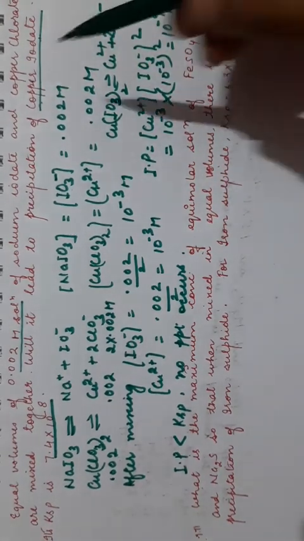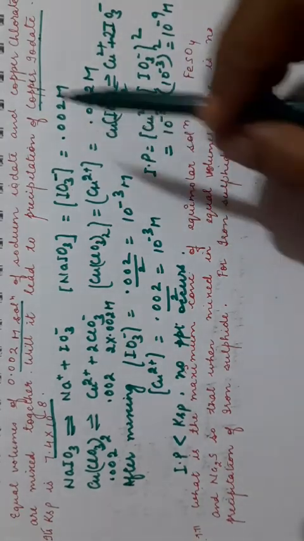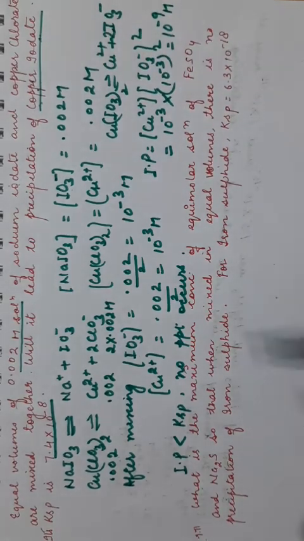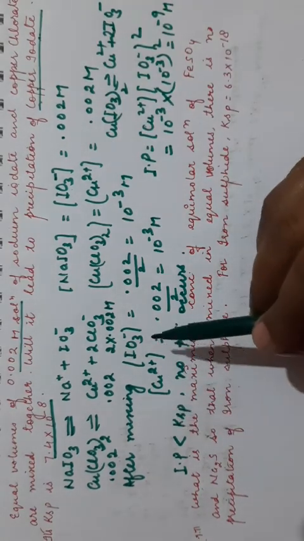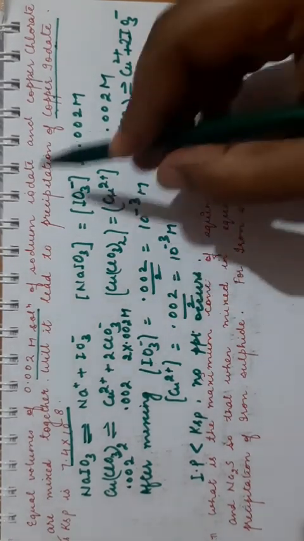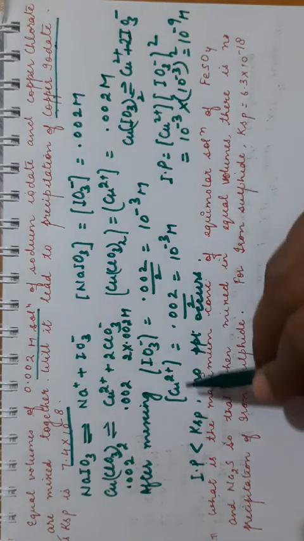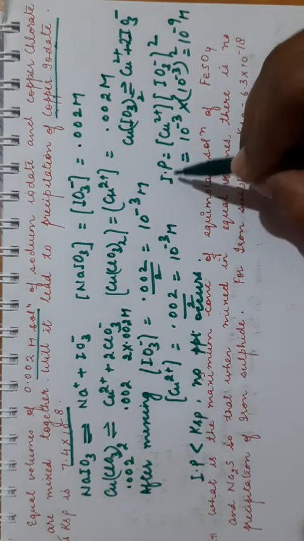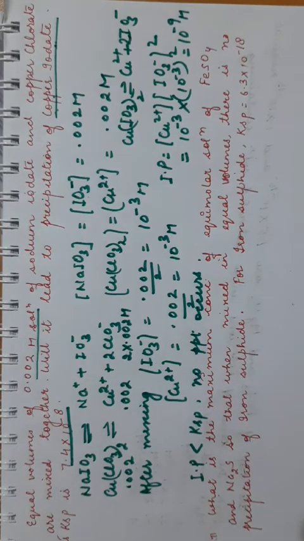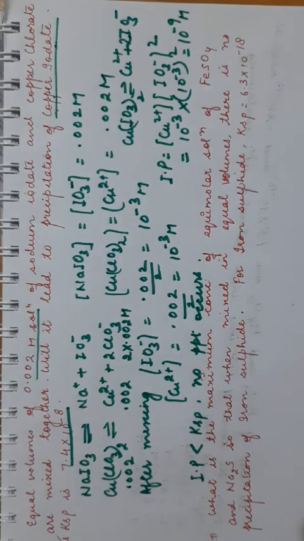So when you are mixing the two salts, first see whose precipitation you have to check. Calculate the concentration of those ions which you are mixing. From these two salts you will get the concentration of copper ions and iodate ions. Now since you are mixing, the concentration will become less, so you have to divide it by 2. Here equal amounts have been mixed, otherwise the volume will be given to you. Then you have to check the ionic product. If the ionic product is less than Ksp, no precipitation occurs. If the ionic product is greater than Ksp, precipitation will take place.